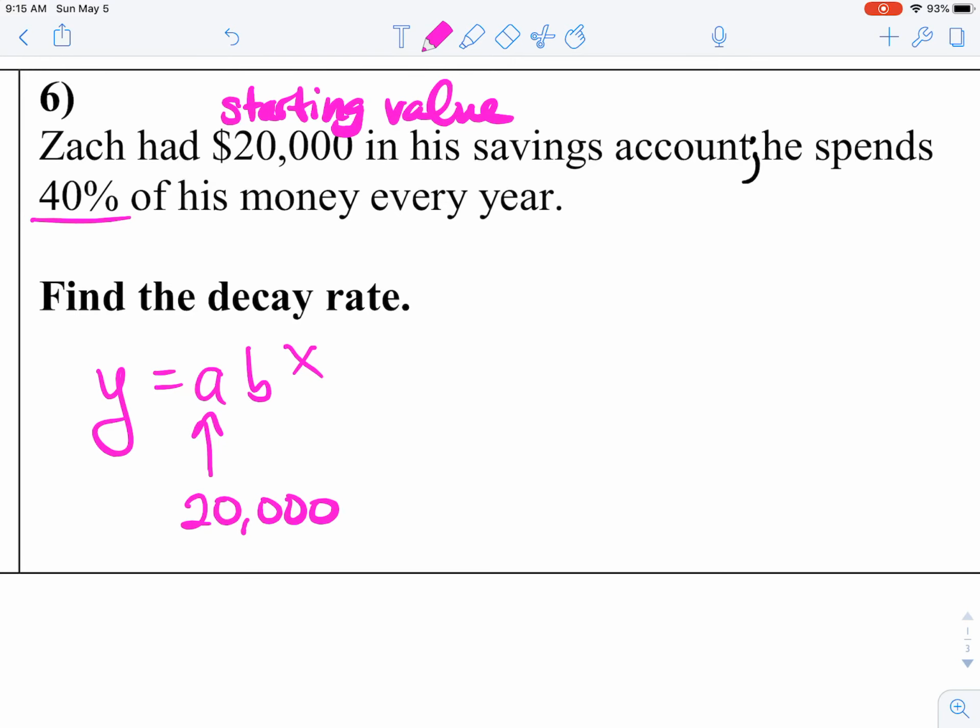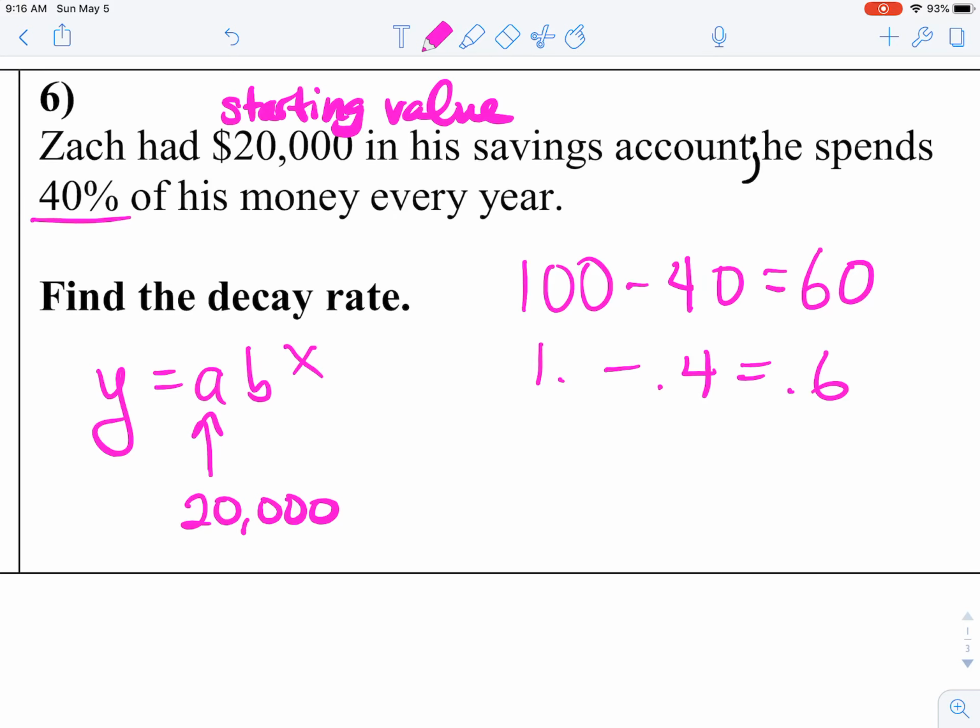So out of 100% of his money, he spends 40% of it every year. That leaves him with 60% of his money each time. Now, if we turn these all into decimals, like percents actually are, if we're taking 1 minus 0.4, he's going to be left with 0.6. So in our equation, the amount he maintains, we're going to put as